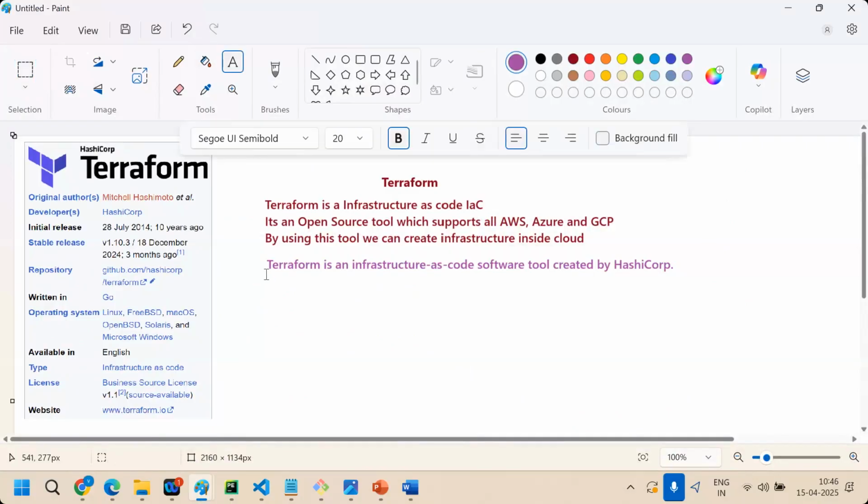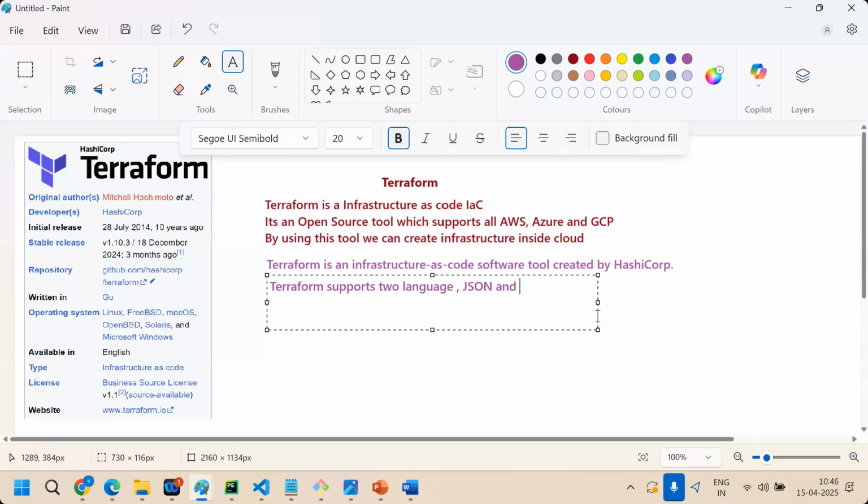Terraform supports two types of languages to write Terraform code: one is HCL, one is JSON.